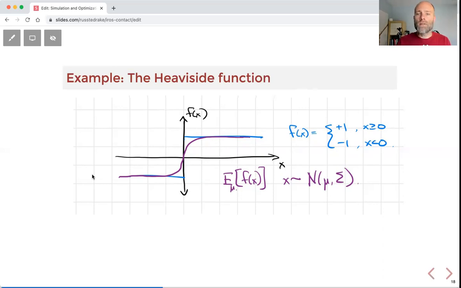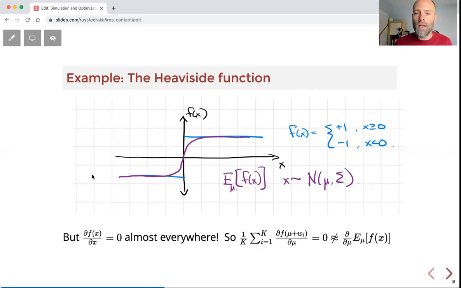Okay. Now here's the trick. If I were to take my Monte Carlo approximation using first order derivatives taken analytically from the original system, partial f partial x equals 0 almost everywhere. Maybe depending on how you define it, it's a delta function at the origin. Okay, talk about left and right sided derivatives, whatever, but the fact is almost every sample you ever draw, with probability 1, is going to be 0. So any attempt to summarize the Monte Carlo statistics of that with analytical gradients is going to give you a total gradient of 0, whereas truly the gradient of the expected value is not 0.